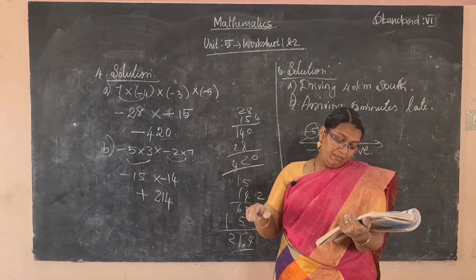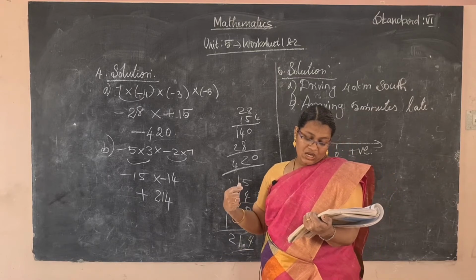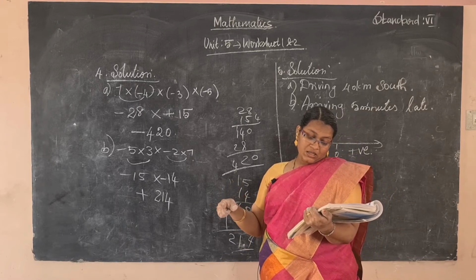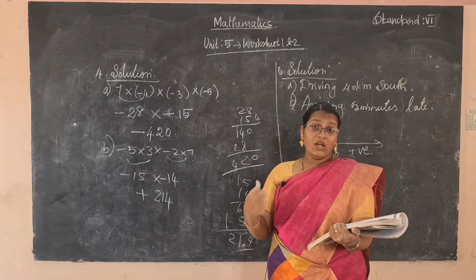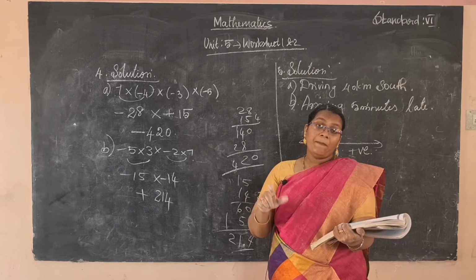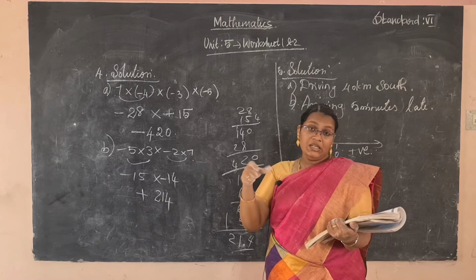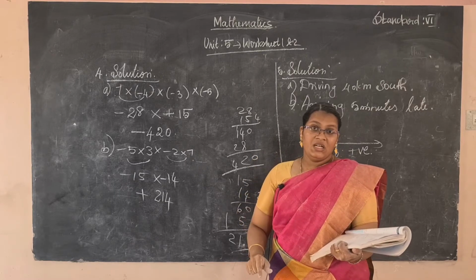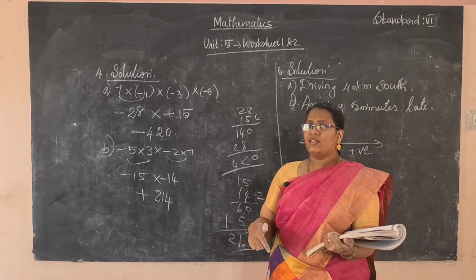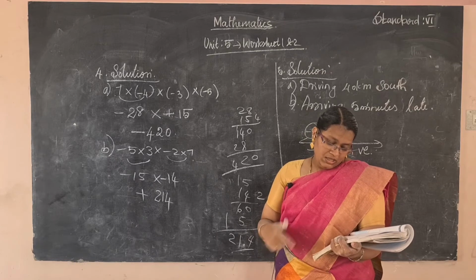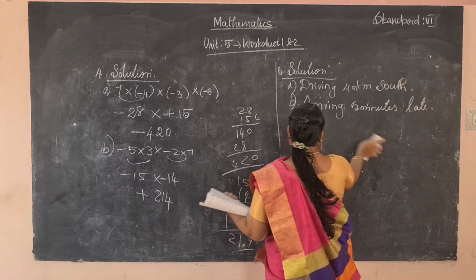And B, one of the statements: arriving 15 minutes late or arriving 10 minutes late. The first statement is 15 minutes late, the second is 10 minutes. Compare these two. Which is the earliest one? Arriving 10 minutes late. There is a 5 minutes difference between 10 minutes late and 15 minutes late. So which statement is correct? The second one. Write the answer for that. Eighth problem.